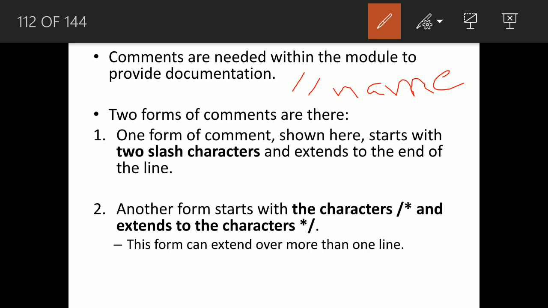If the information you are conveying is who wrote the Verilog, when the Verilog code was written, on what date, which month, which year, which company, the name of the author, the name of the Verilog file, and the time, date, company, place, all this information will require multiple lines. So for multiple line documentation, we have the multiple line comment.